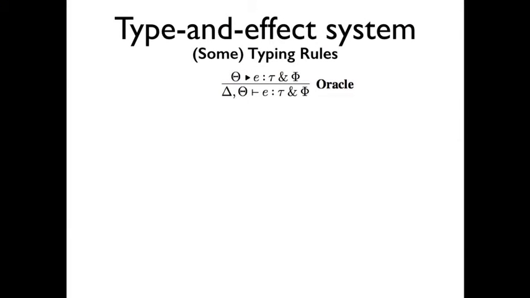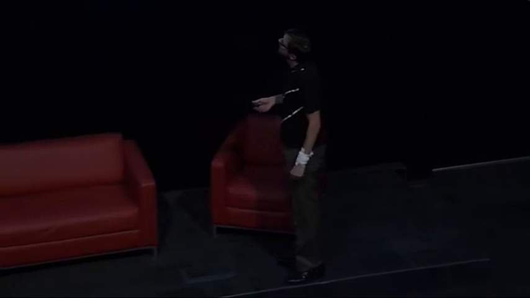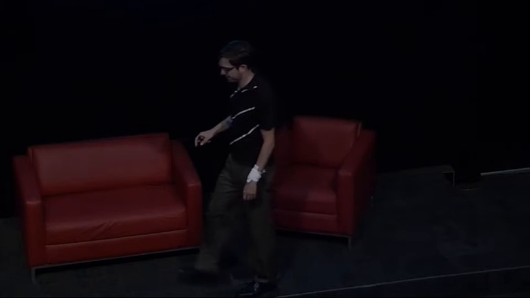Right, so a couple typing rules. The Oracle one we've seen before. The combine rule is really useful. It lets you take different derivations and put them together. On the semantics, two slides ago,